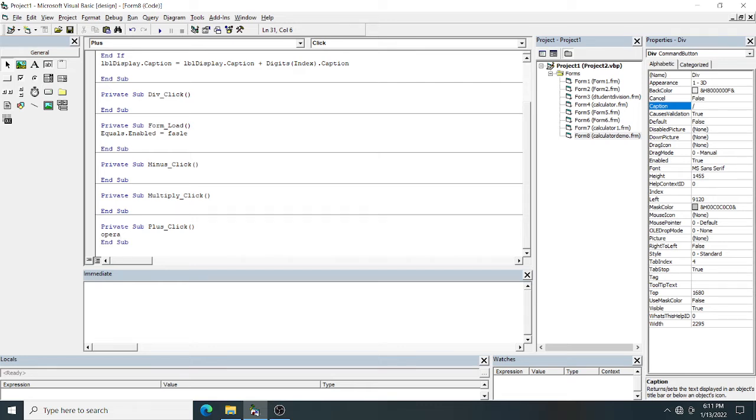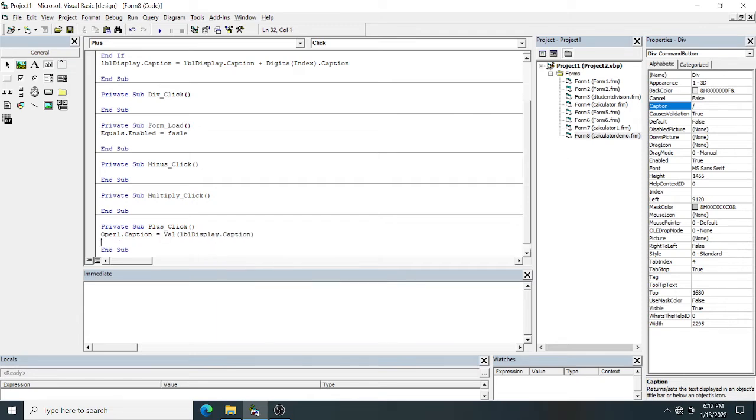The variable is OPER1 dot caption equal to, whatever value you typed in the label display dot caption, you have to convert it into numeric form. So here I am typing label display. LBL, the name is Display, LBL display dot caption.